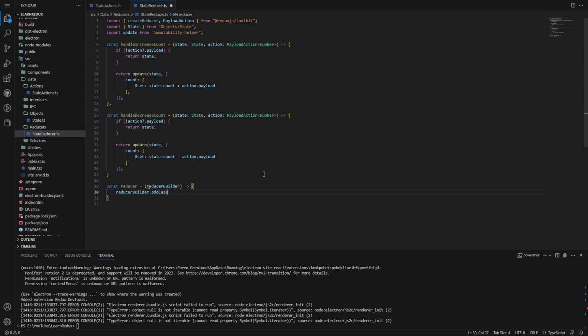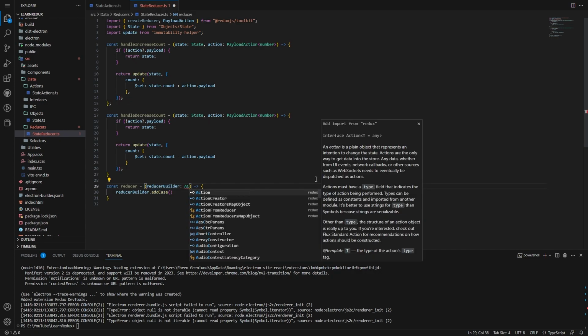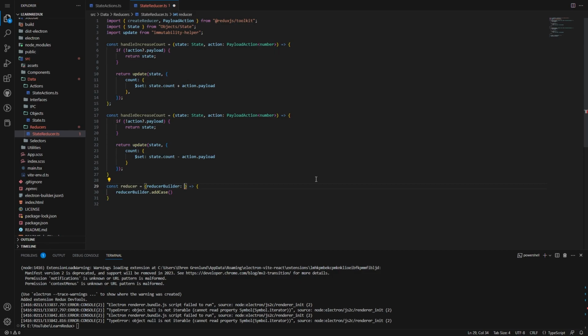So reducer builder has a function on it called addCase. If you want to type this, feel free. I think it's like ActionReducerMapBuilder or something like that. But we're not going to type it for the sake of time in this video, and there's quite a bit of other things that you have to do to be able to type it. So we're going to use the increase here. And what we want to do after we use increase is